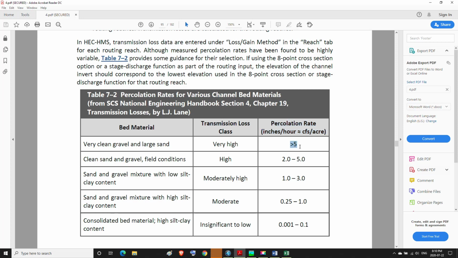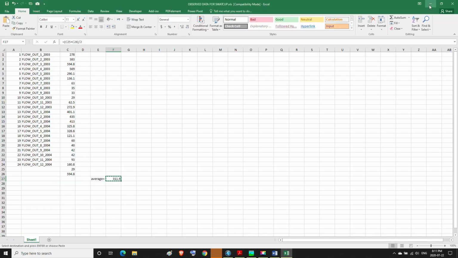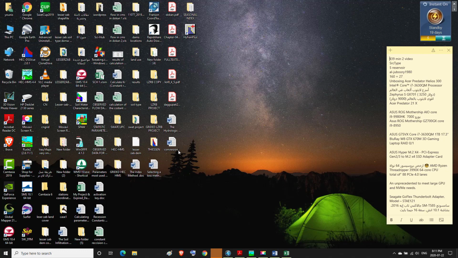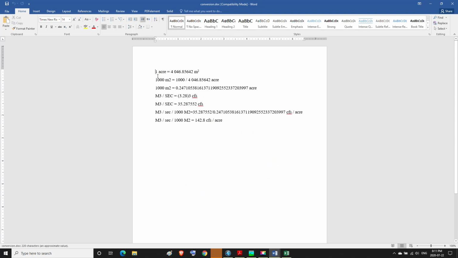So we need to transform these values of percolation rate to the meter cube per second per 1000 meter square. To do so, we go to the Word file titled conversion, and in it we can make the conversion as we see.